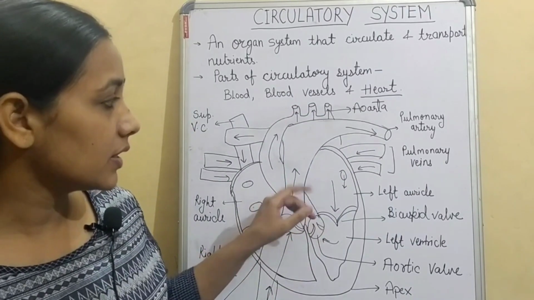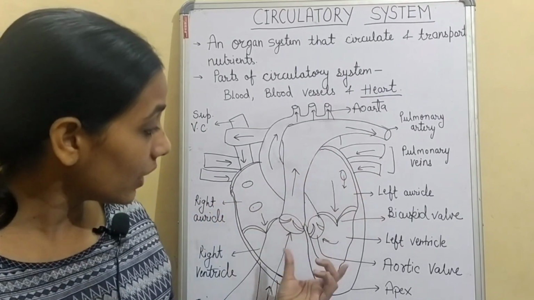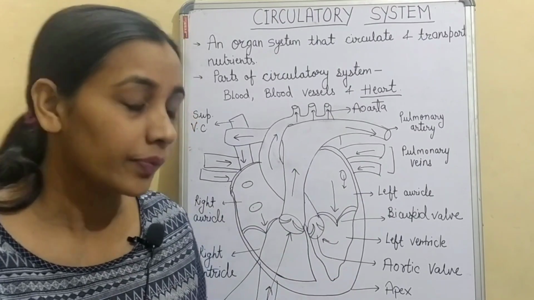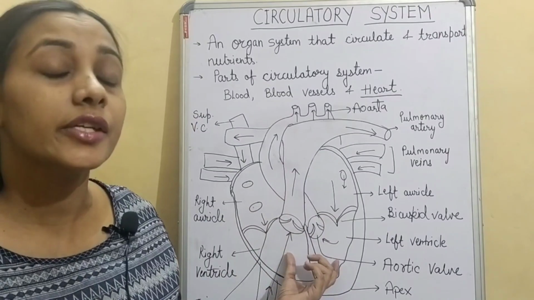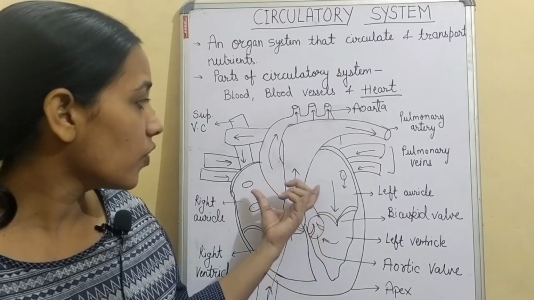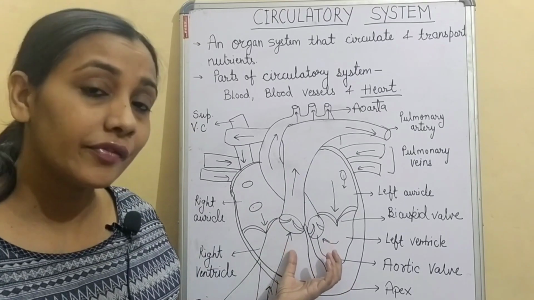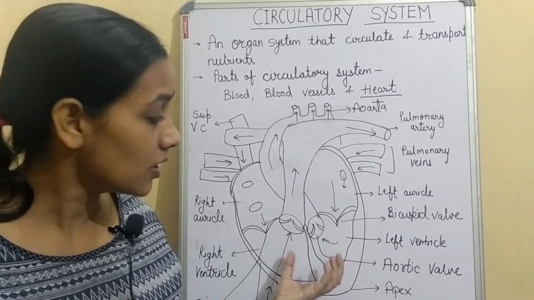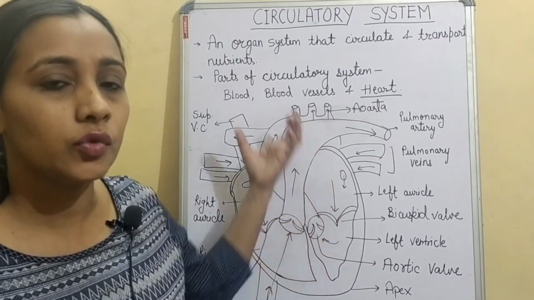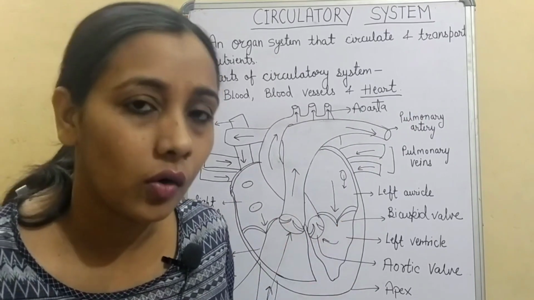Now one more thing you can see, auricles have a very thin wall and ventricles have a very thick wall. The reason behind is the same, because ventricles are distributing chambers. So auricles are receiving blood, and for that they do not need to apply extra additional force. But the ventricles are the distributing chambers, so they have to apply more pressure to pump out the blood to the different parts of the body. So that is why they have thicker walls.